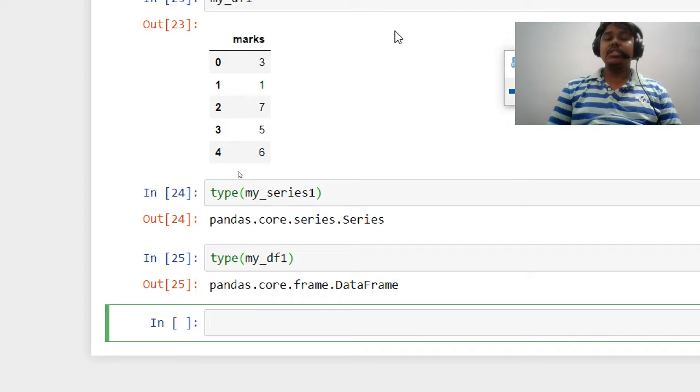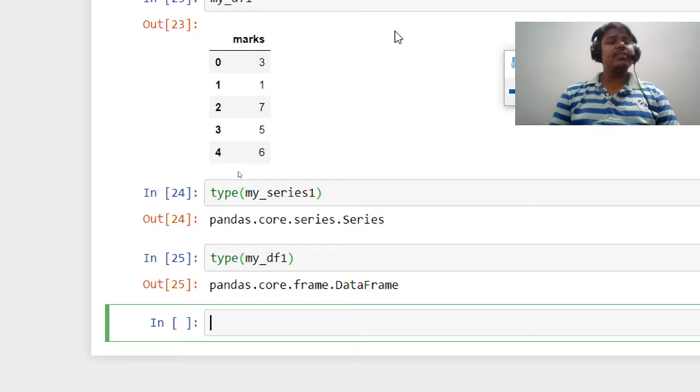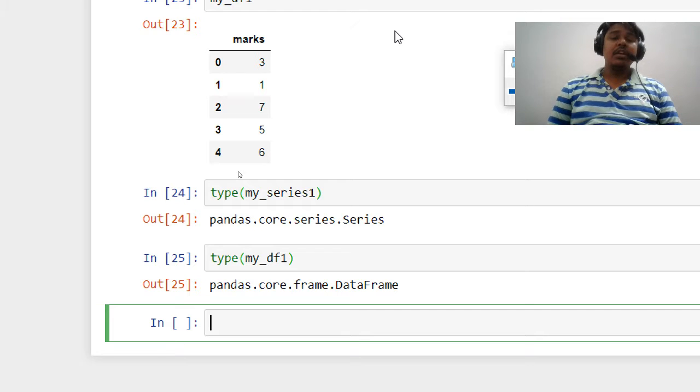You must learn about it, and try some new things on your own. Try some different ways of creating the things. Here I have just created a single column in our data frame. You can create more columns in a data frame. Just try that. So that's it for the day, and keep learning, keep practicing,